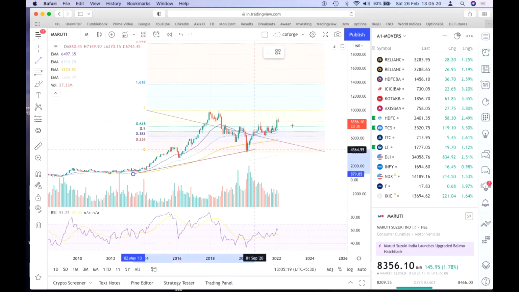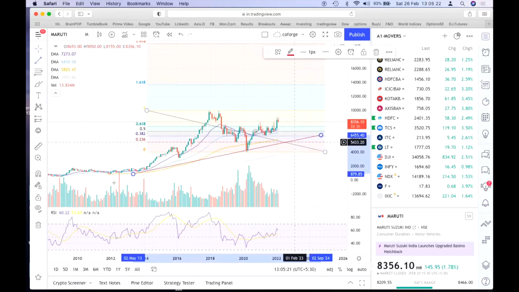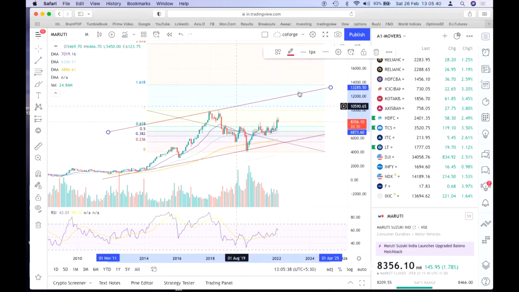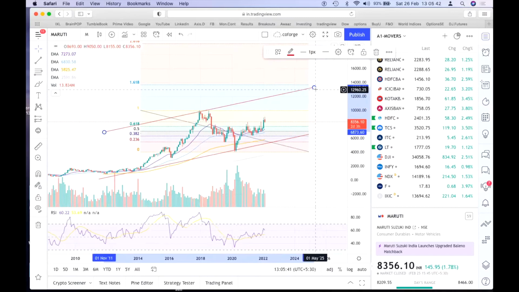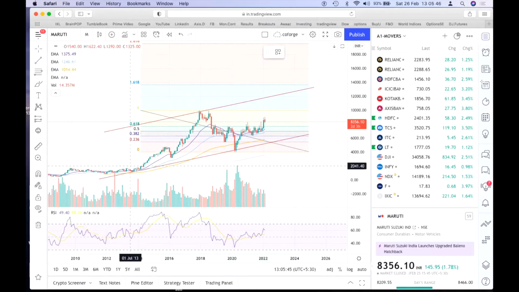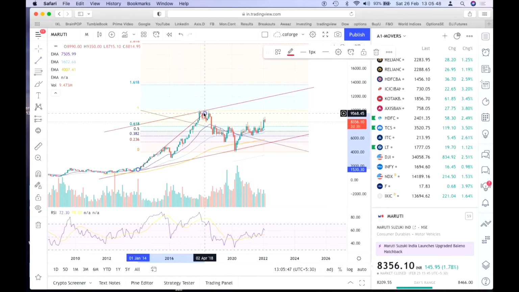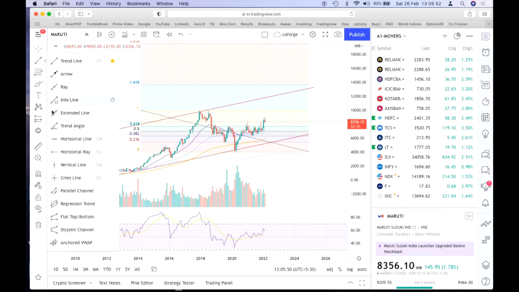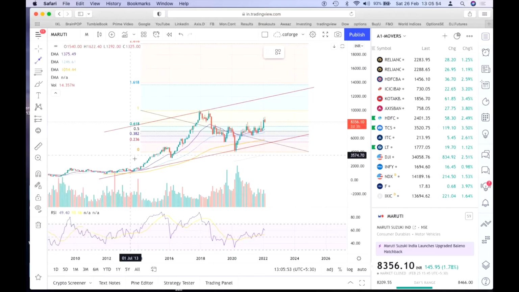When I drew this trend chart, let's see how closer we are to the Fibonacci matching with the trend line chart. See, it's eventually converging over here. Basically it means if it took so much time for it to move from here to here, I'll draw that arrow chart. If it took so much time for it to move from this band to this band,